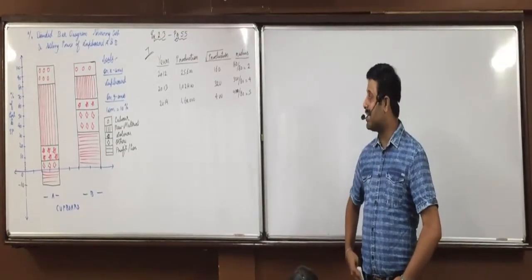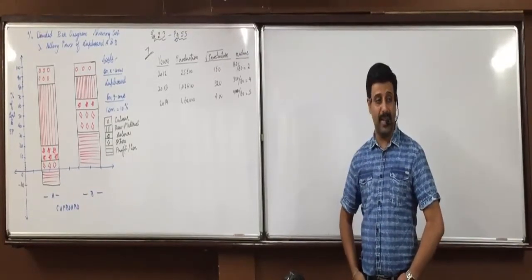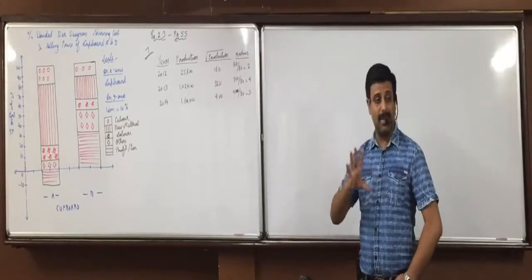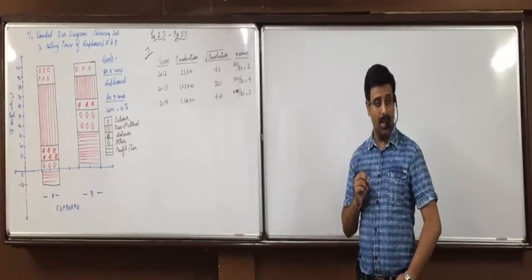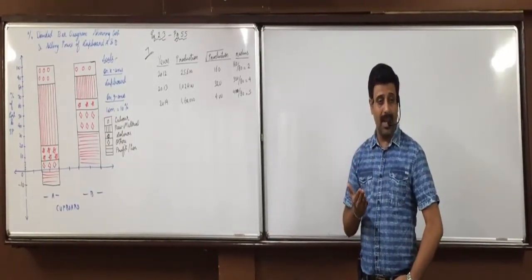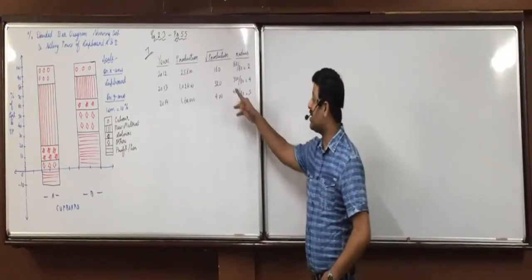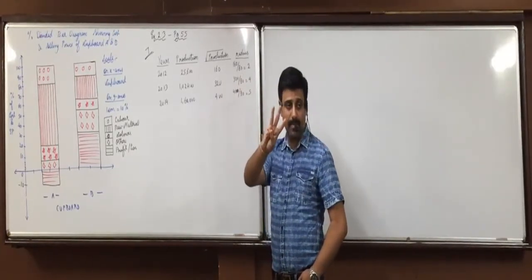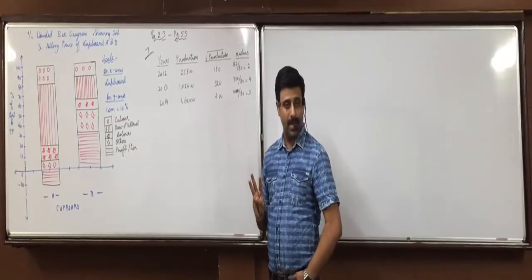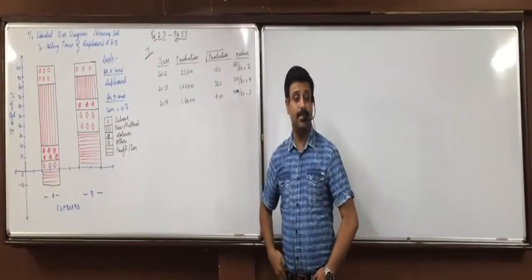See, as I said, 160, 320 and 400 are big figures. You have to divide them by some number so that they come to small. I started by 10 first. You have to divide by such a number that the smallest value gets reduced to 3 or slightly less than 3. Do it: 160 divided by 10.